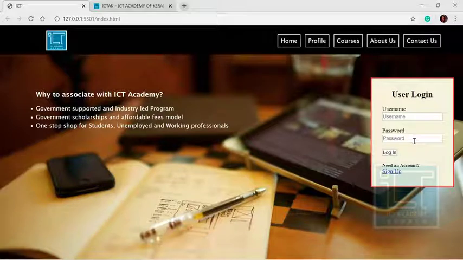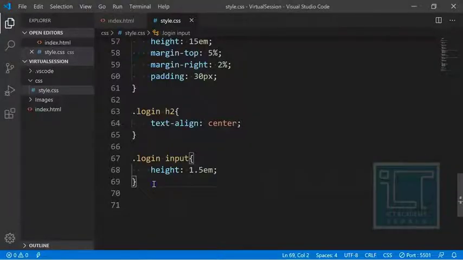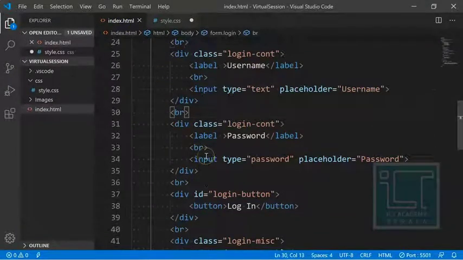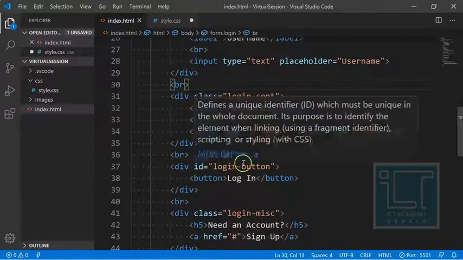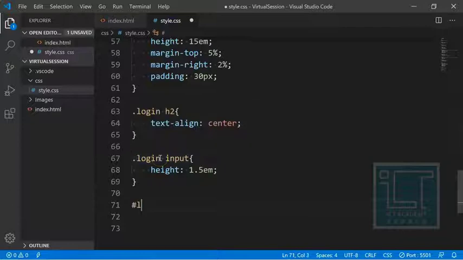So like we set the heading tag, we have set the label, we have set the input tags and everything we have done. Now we'll be focusing on the login button. After setting the login button, I think it's almost done. So let's start with the login button. We can simply call the button if you have given any class or something. Yeah, we have given an ID, that is login button. So we can simply call a hash login button.